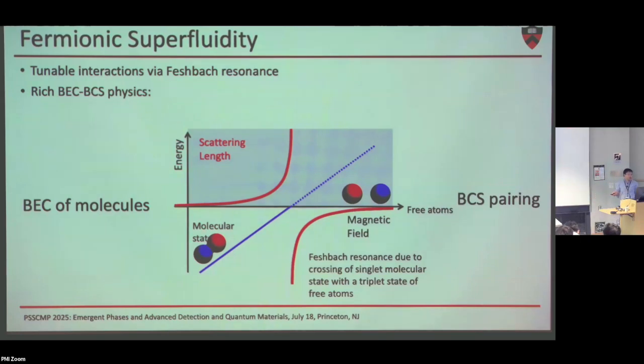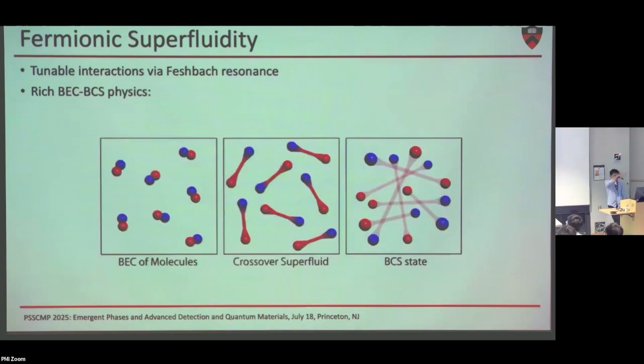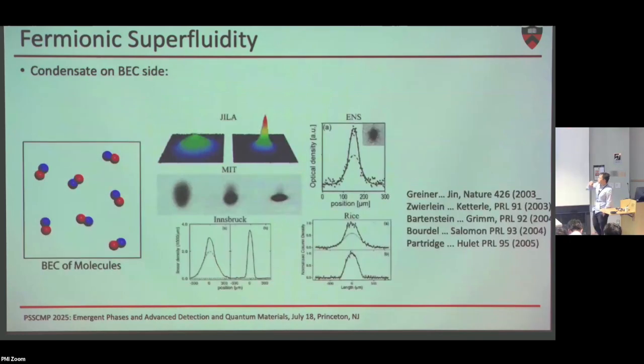So this actually opens you up to an area that was extensively explored in the 2000s and 2010s on fermionic superfluidity across this so-called BEC-BCS crossover. So the cartoon picture is a little bit like that. On the BCS side, the interactions at low enough temperature allow Cooper pairs to form, one of spin up and one of spin down. And then you can tune essentially the size of the pair to reach this BEC